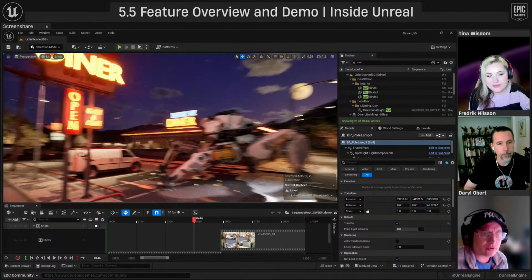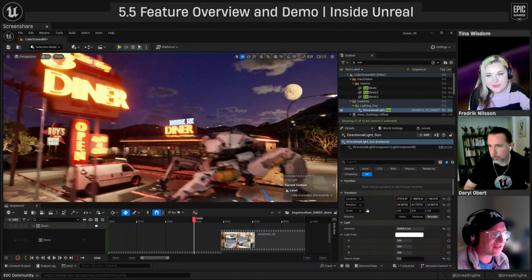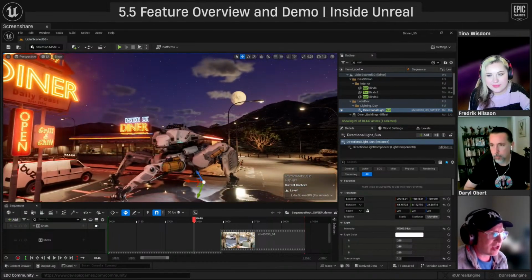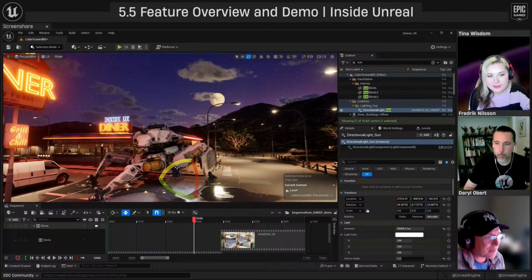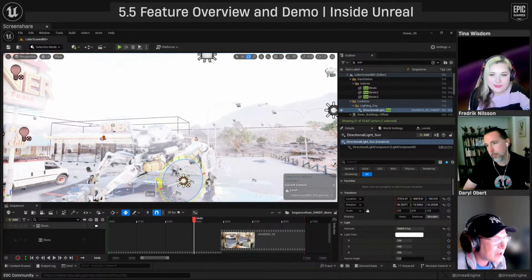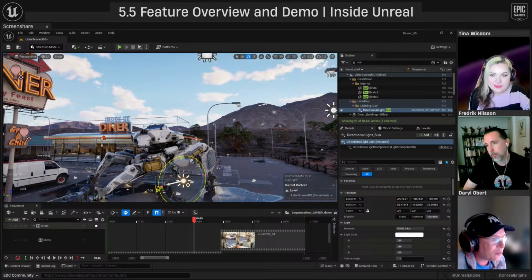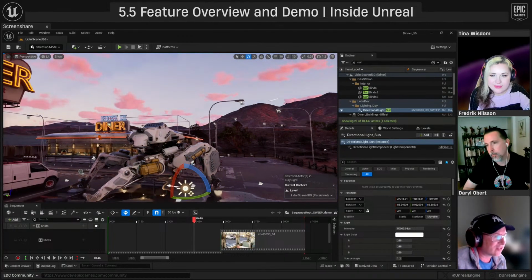Now, here's the thing that's kind of cool that I want to draw your attention to. Another thing that's been added, it's sort of under the radar. If you look at the intensity of the lights in the diner at night, it's still got a nice volume. They could even be a little bit brighter probably at night. But notice what happens when I go back to a daytime model here. Let's hit G just so I can see what's going on. Here, let's get some warm, it's sort of a dusk look here.